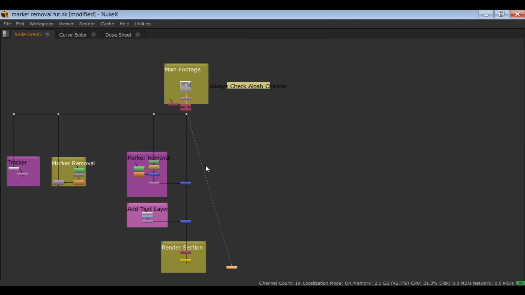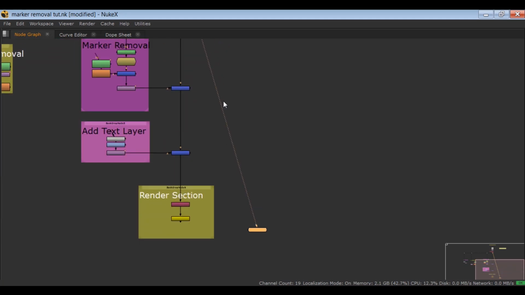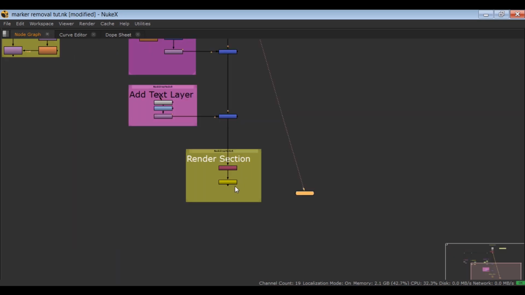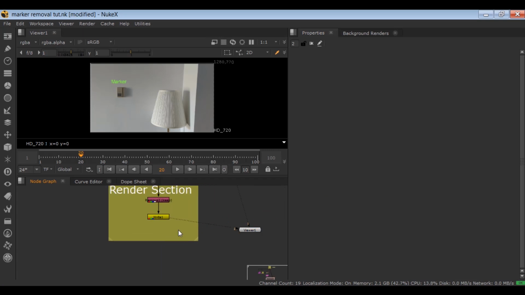Back to the viewer. As you can see, there is number 1 here, which shows we are viewing this Remove node with this number 1 pipe. So if I select this Write node and hit number 2 on the keyboard, you can see that 2 connects to the viewer, and if I hit 1 and 2, you can see them highlighting,